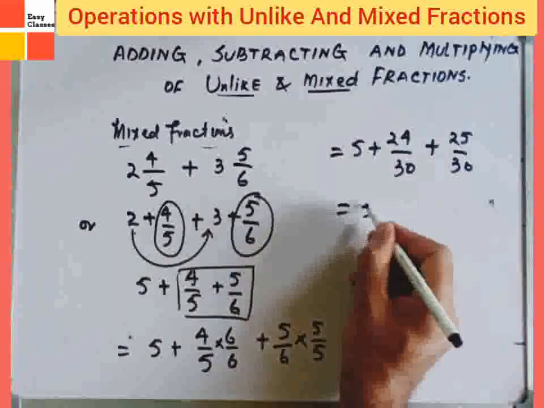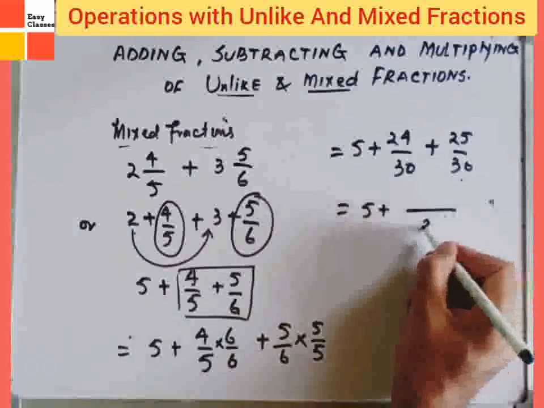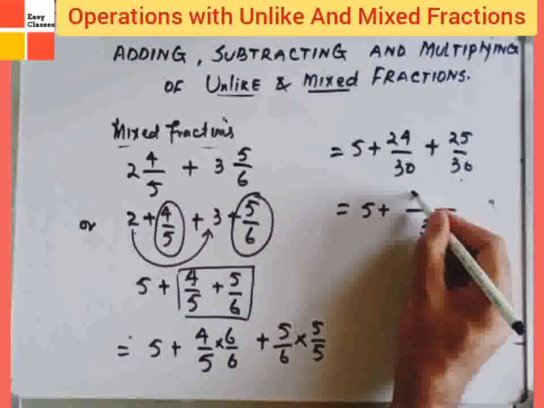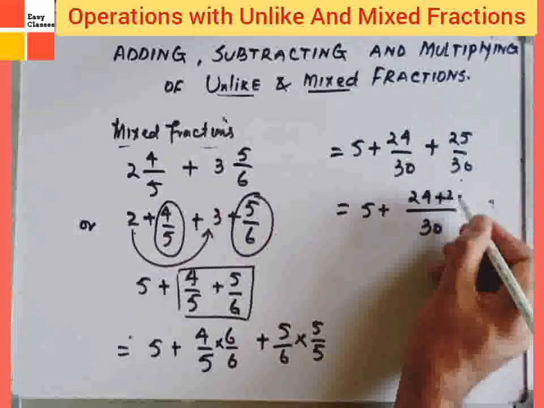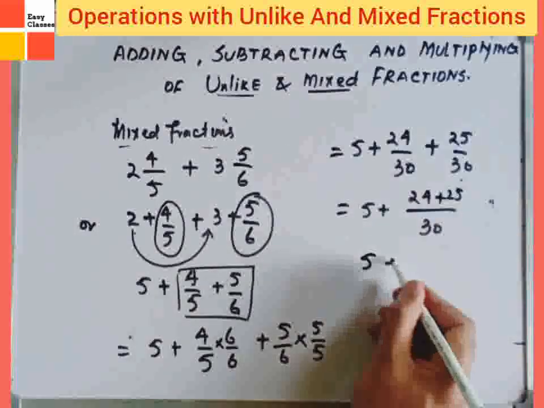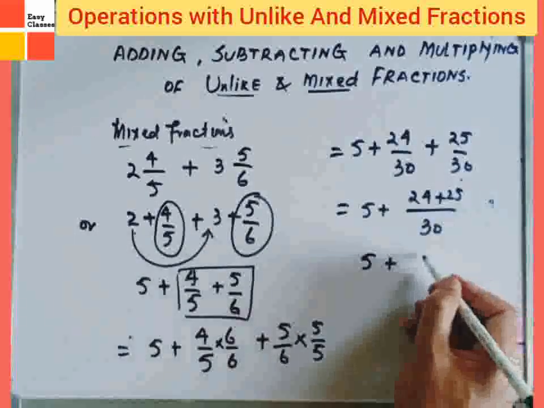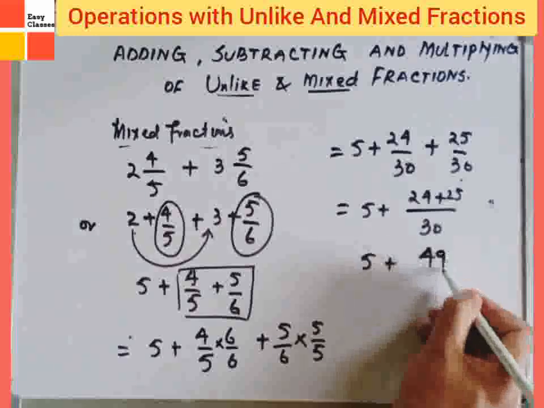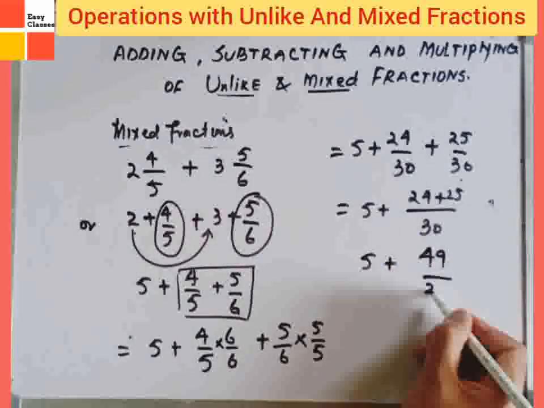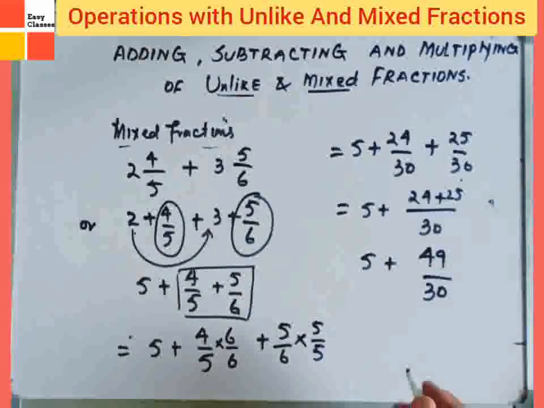Take 30 as the common denominator: 24 plus 25, that is equal to 49. 24 plus 49 divided by 30. So you will get the answer as